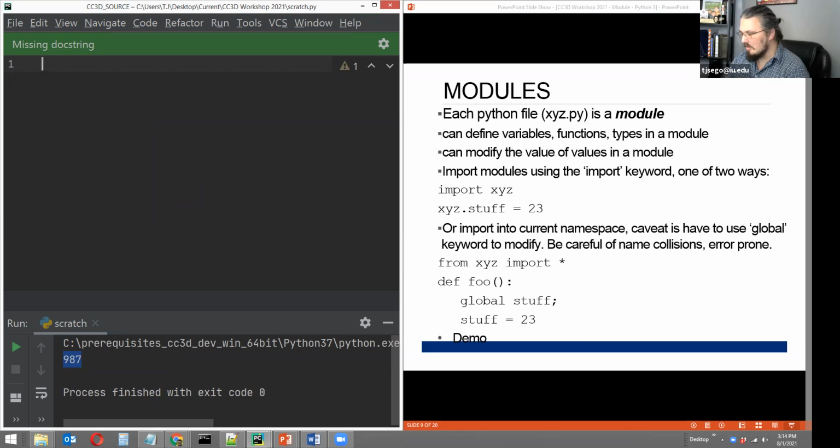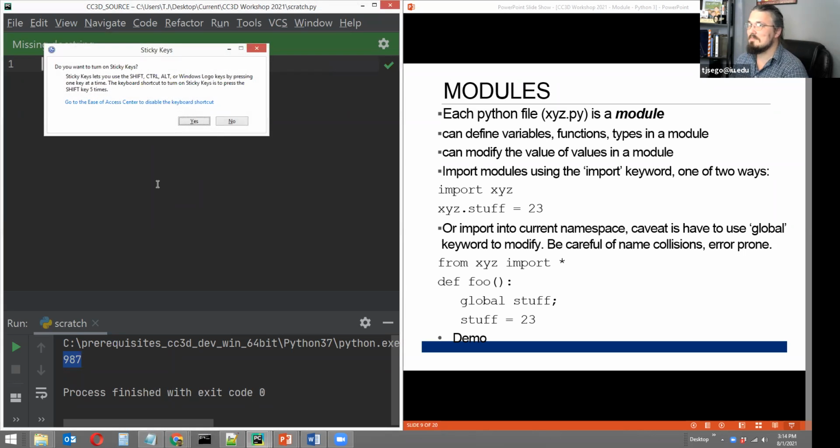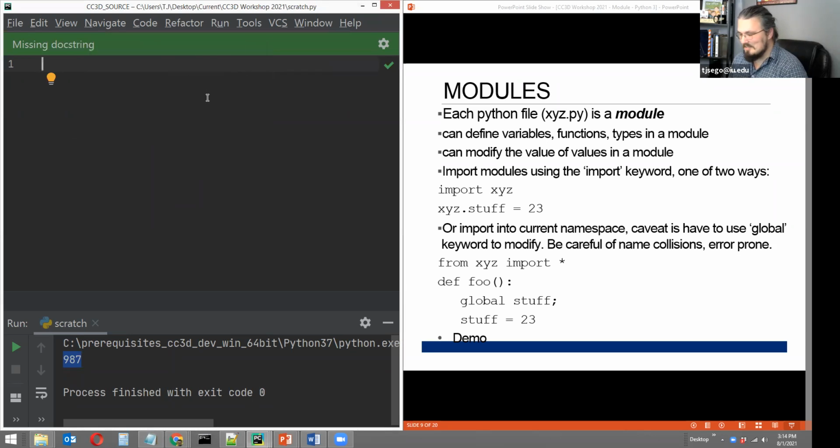Much of the Python library is distributed along with Python, in a Python environment, which means that if you have Python available to you like you do right now, then you can test out importing from modules right now. And there are a lot of them. So for example,